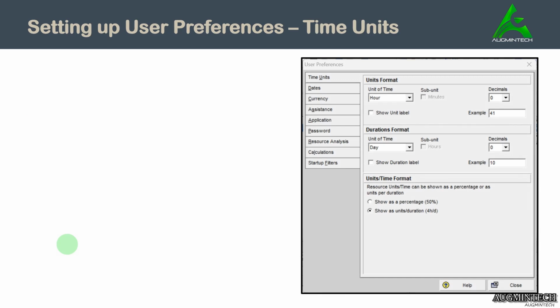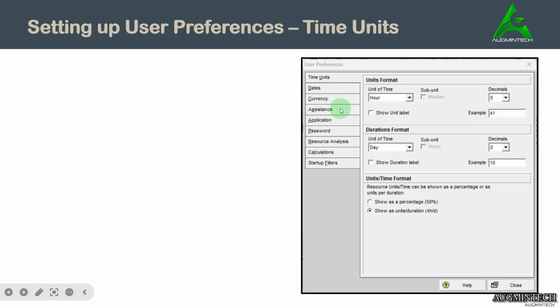Okay. Once you have clicked on the user preferences button as shown in the previous slide, you will be popped up with such a screen, which is visible now, to select all the user preferences. Before I go ahead and explain each one, just take a glance at what all these preferences or options are. First one is time units. What are the units that are assigned to that particular activity? Then dates, its format and how it will be done. Then currency, which currency you need, INR, US dollars, Australian dollars, all the other